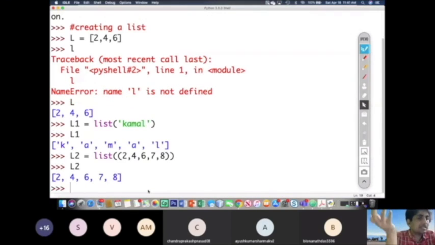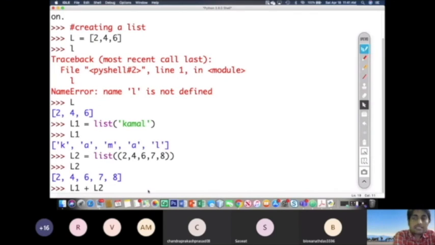So the tuple has been converted into a list. So all these things we have seen. Now let us join two lists, दो list को join करके देखते हैं तो क्या बनता है. Let us join L1 plus L2. Can you tell what will be the output?